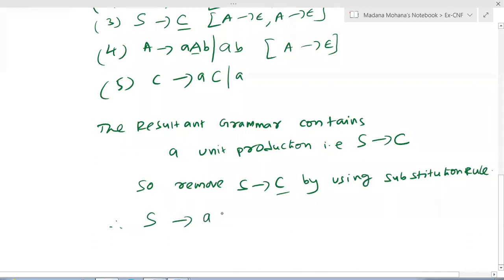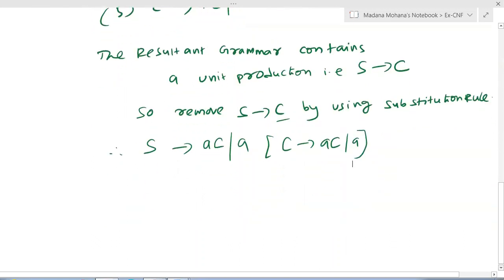What is the C value here? Two productions are there, AC or A. Here what we substituted, C derives AC or A. Now you can rewrite the final grammar before checking the next one. Therefore, the final CFG is,